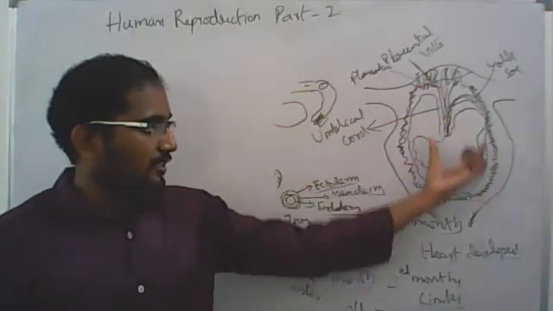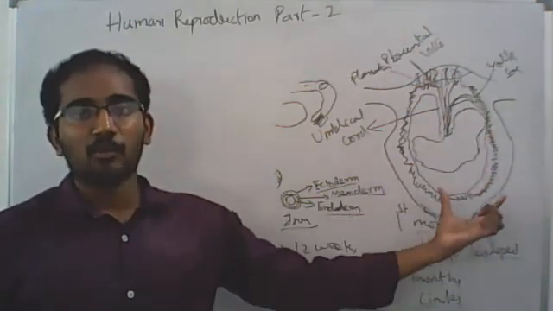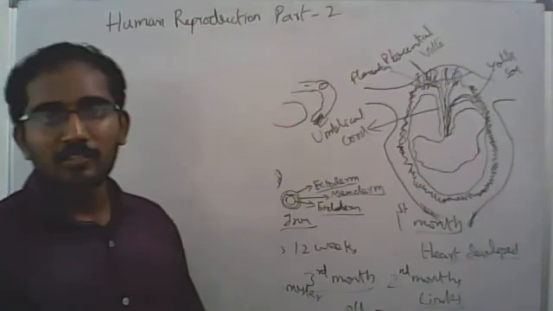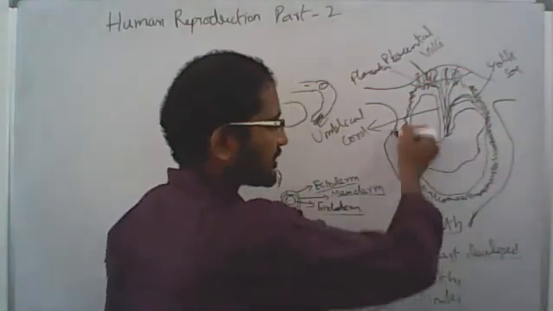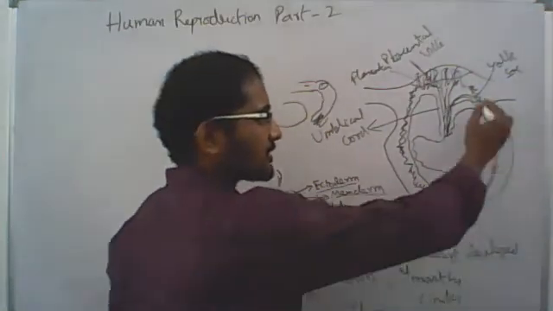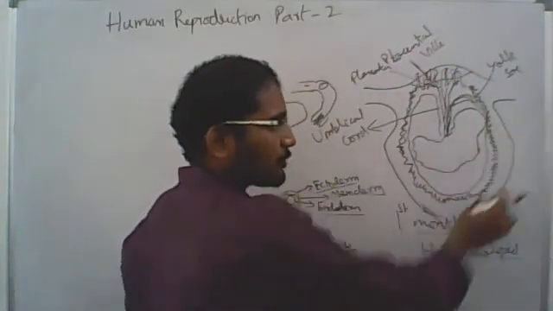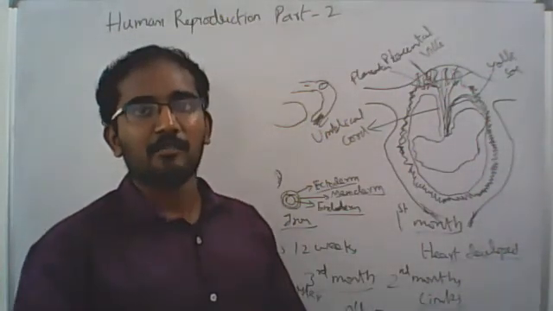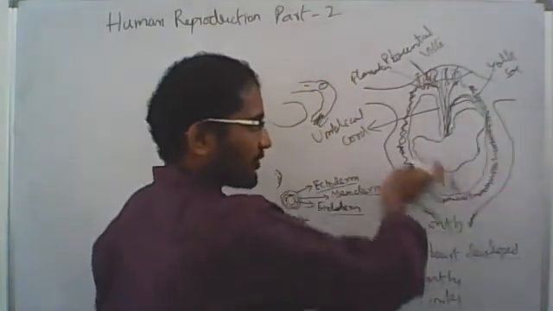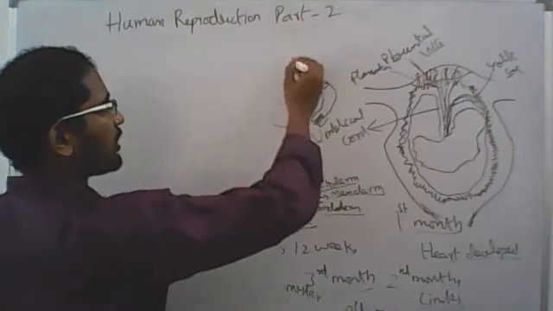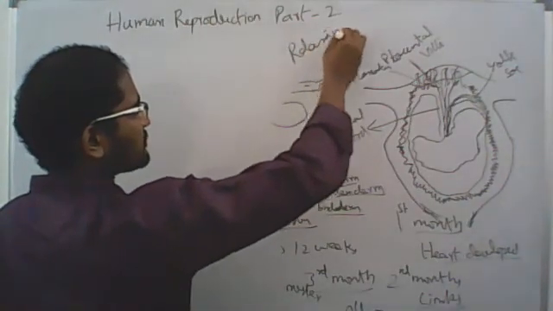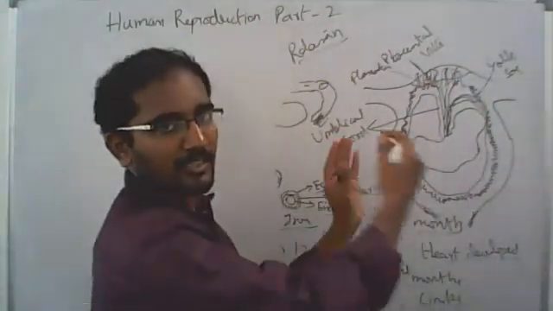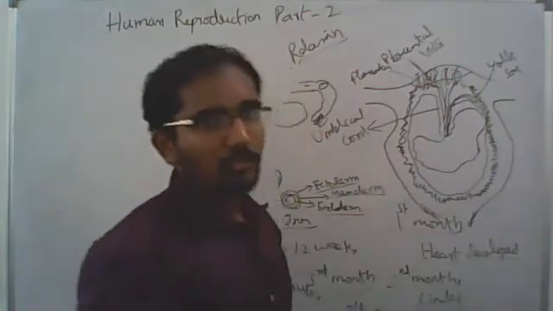Now, at the end phase, when the fetus is almost grown, in that situation, you can see that the uterus is enlarging, right? So the uterus is enlarging. For that, the muscles of the uterus have to be relaxed. When the fetus is growing, in the second or third trimester stage, the fetus surface also has to produce an additional hormone called relaxin. So relaxin is a hormone which is going to relax the muscles of the uterus so that the muscles get relaxed and the fetus can grow even higher.